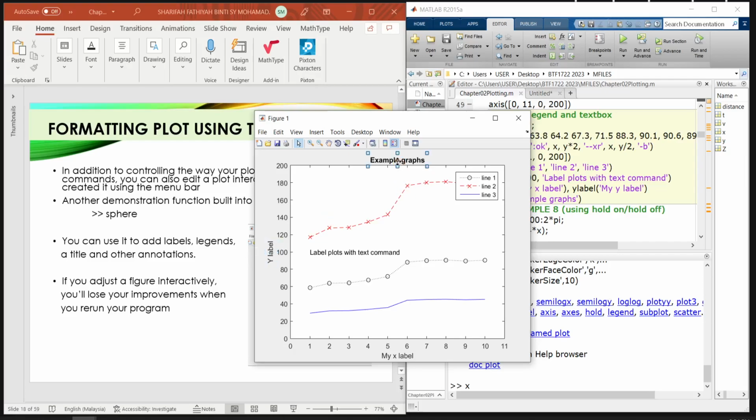change the title, and you can insert this, you can change all these. You can also add other annotations. For example, you want to add an arrow, or you want to insert a line. Okay, you can do that,